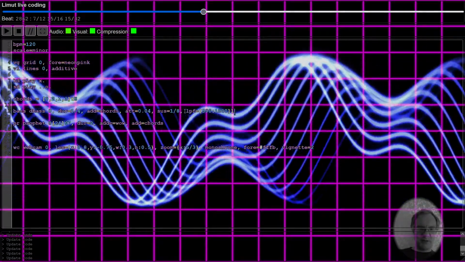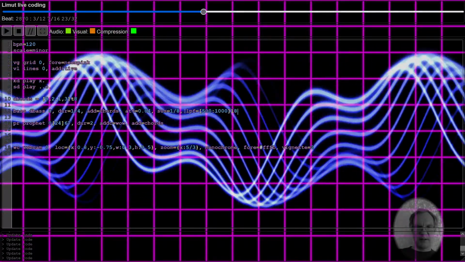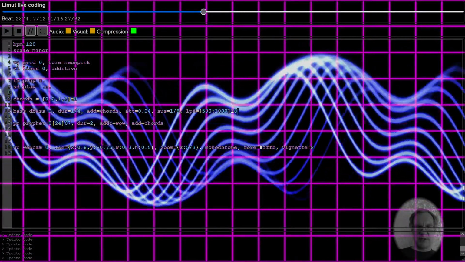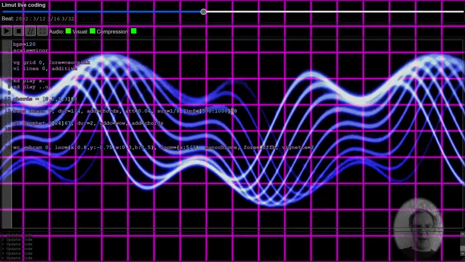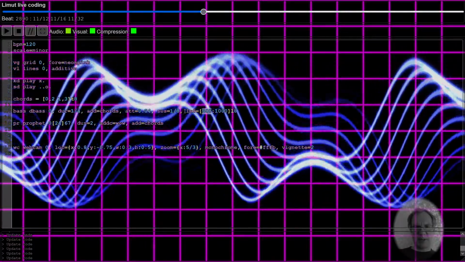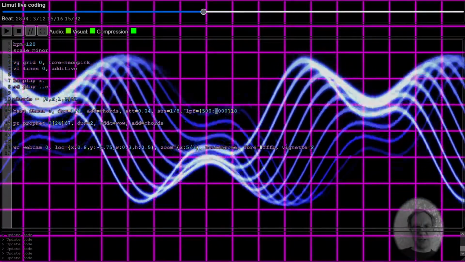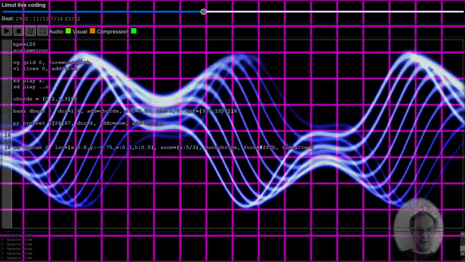So I'm going to use L8 on that. So what you should hear is that the low pass filter is actually changing the cutoff, and the L means linear interpolation, so it takes 8 beats to interpolate from this 500 to this 1000. So I think we could take it a bit further,